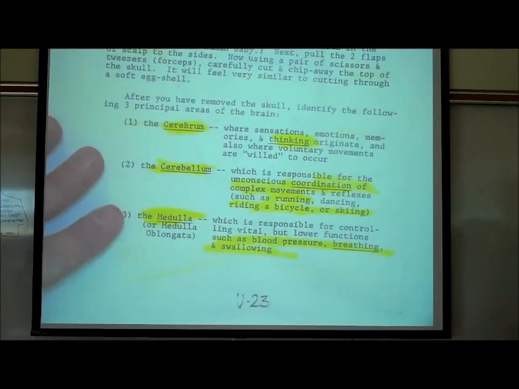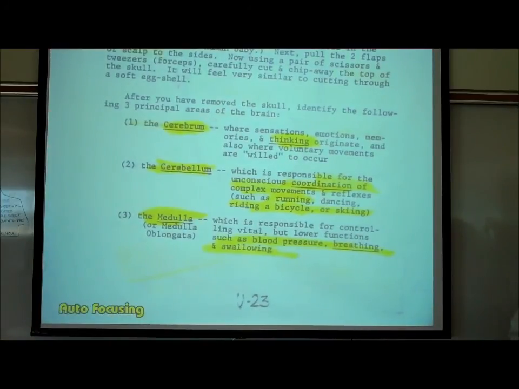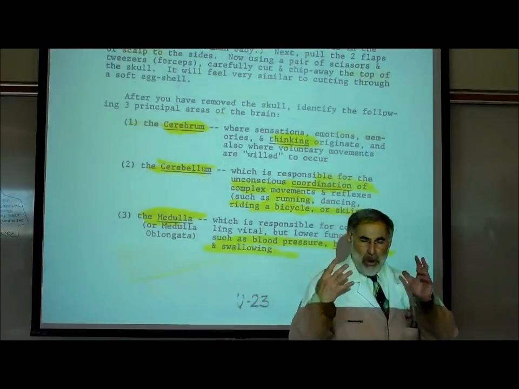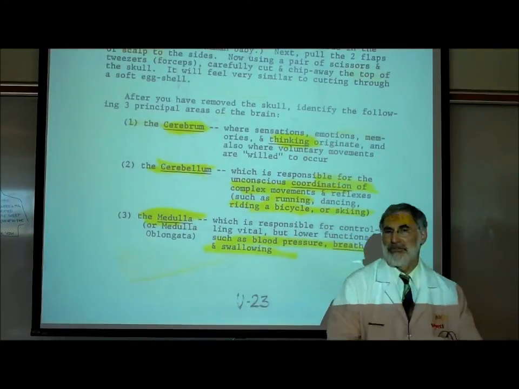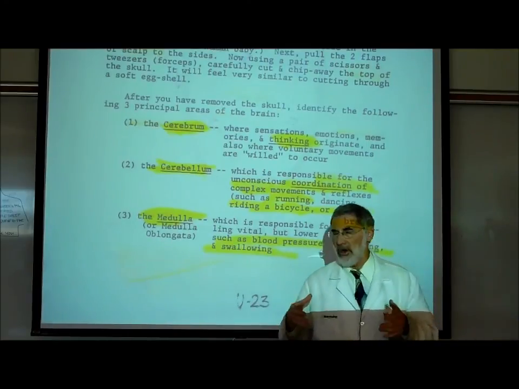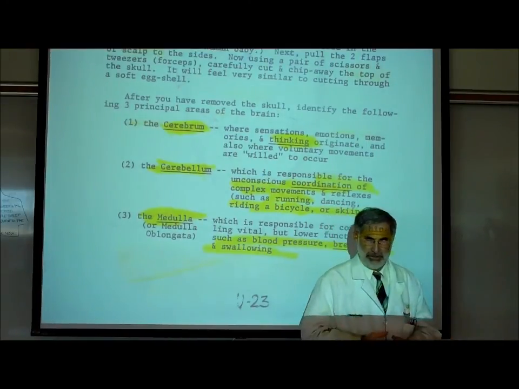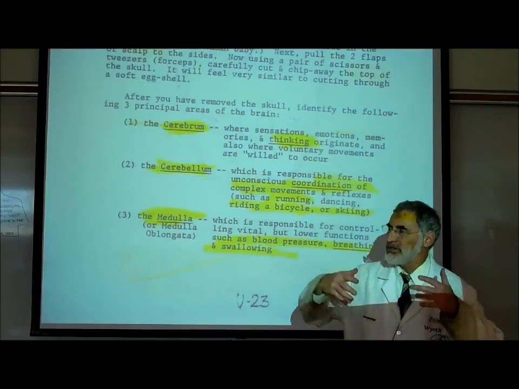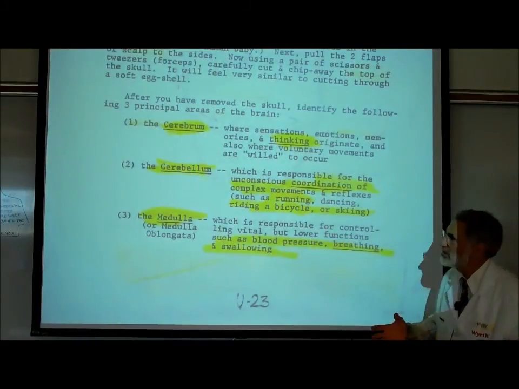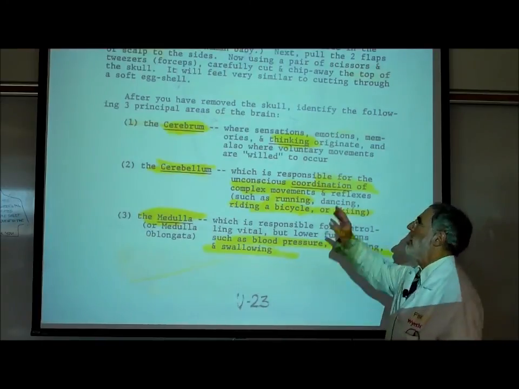What are they for? So I simplified it right here. The cerebrum is for thinking. It is the part of our brain, the highest part of our brain, where we actually have awareness, or what's more properly called consciousness. So our conscious awareness, our ability to think and make decisions, and memory are occurring in